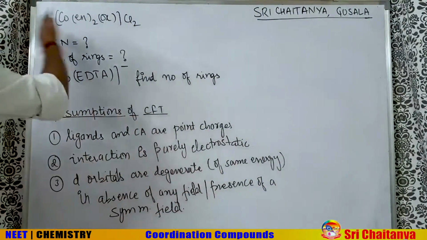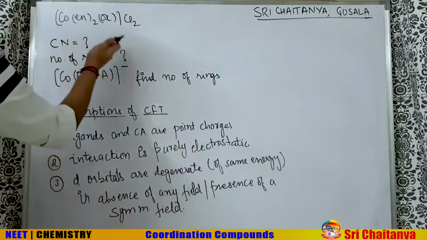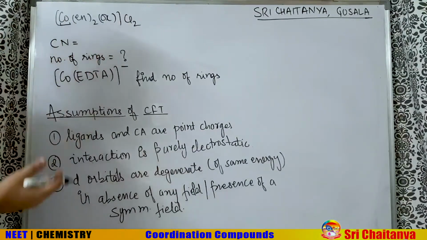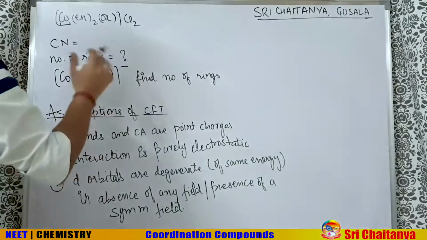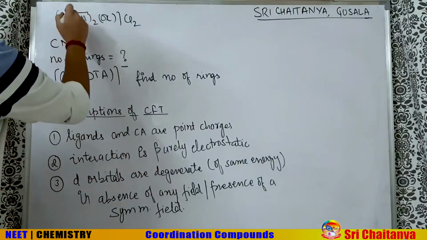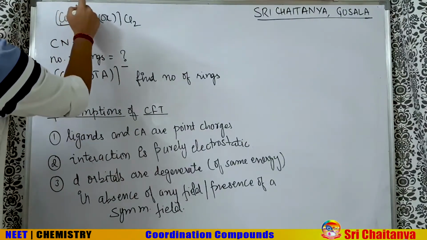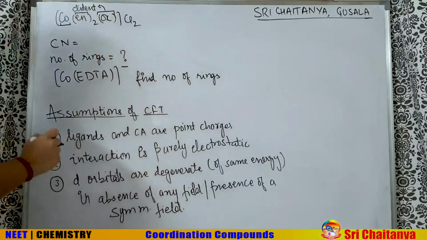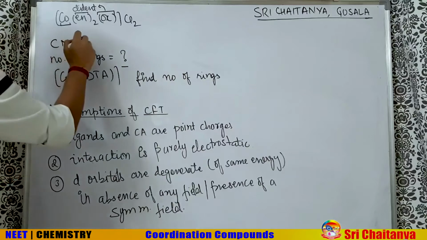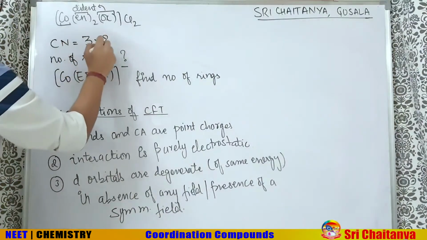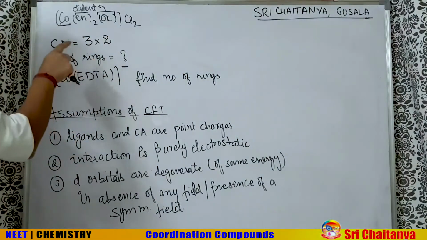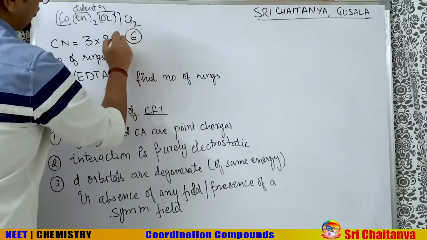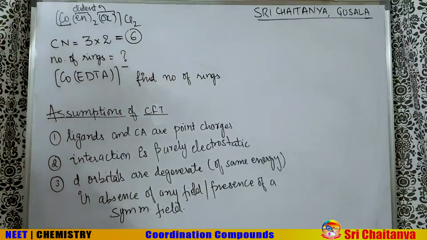So for example, this is the complex and I have to find the coordination number of the central atom here. That means how many coordinate bonds is the central atom making. So we have to understand ethylene diamine, en, is a didentate ligand. Oxalato also is a didentate ligand. So basically there are 3 ligands whose denticity is 2. That means each ligand makes 2 bonds at a time. So total coordination number will come out to be 6.